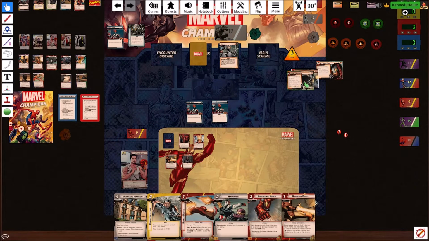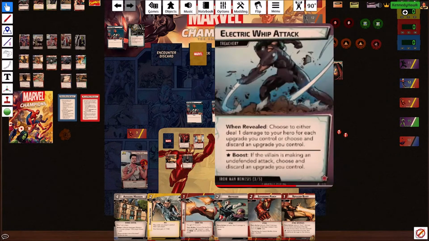And now we have to deal with this lovely card. So 2 threat gets added to this immediately from those drones. That's real painful for us. And we get an encounter card, which is...